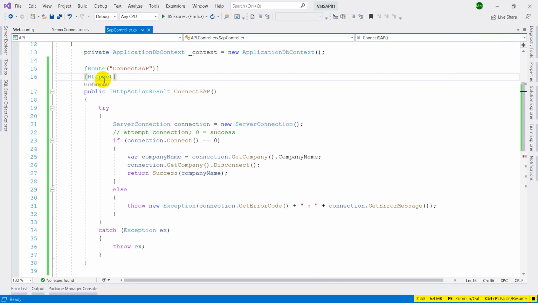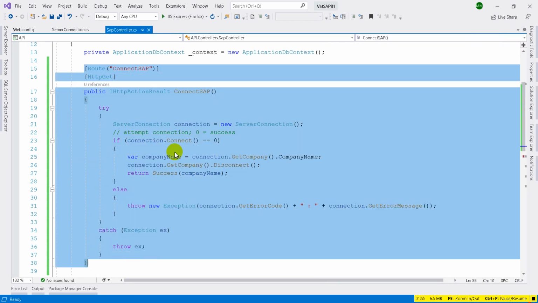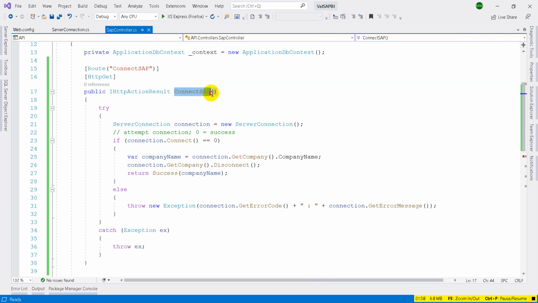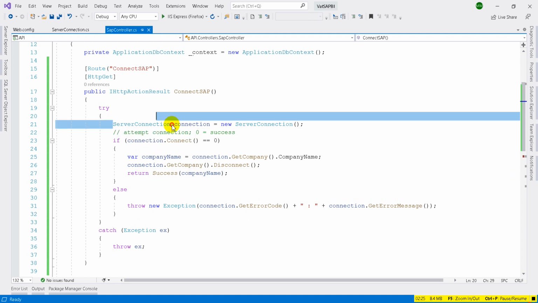So what I have here is a simple code. As you can already tell, it says ConnectSAP, which is the name of the method, an HTTP action result method. We have a simple try-catch block and an if-else block, which checks if the connection is established. If the connection is established, the application returns the name of the company, and if there is an error, an exception is thrown along with the error. So here I am using a server connection class which I have written,